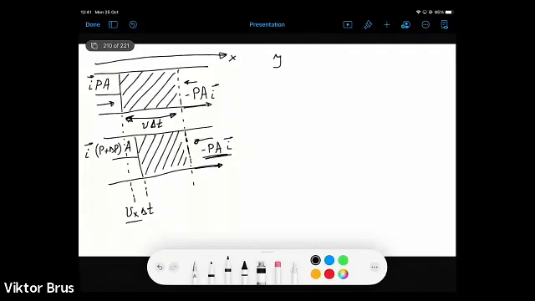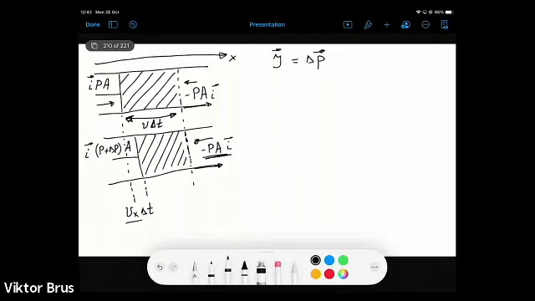So we can write this impulse will be equal to the change of momentum. So here it's small p, it's linear momentum. We remember from our previous discussions of mechanics